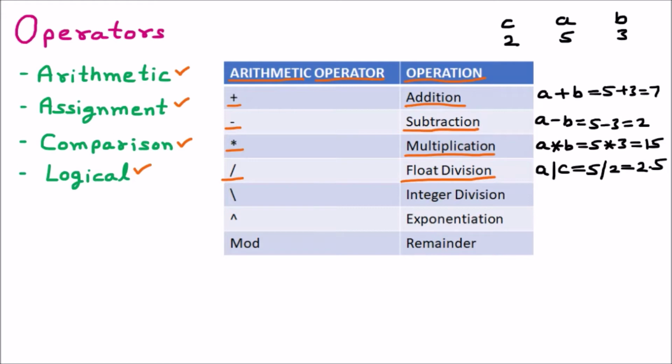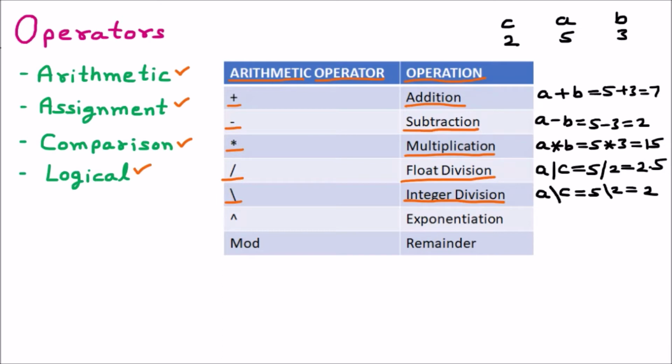The next operator we are having is integer division. That is important. You can see that there is a different type of slash here. If I write A integer division, again we are having 5 integer division 2, so here only 2 will come. The decimal value is discarded. So that is the integer division. It is only going to take the integer value and discard the floating point value. So whenever in the program you want the decimal, you provide float division. If decimal is not required, you provide the integer division.